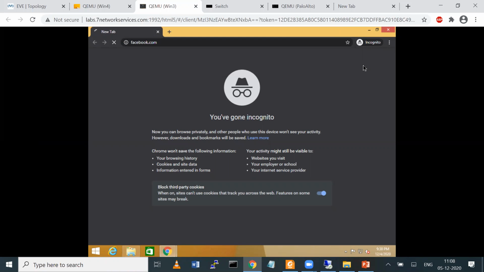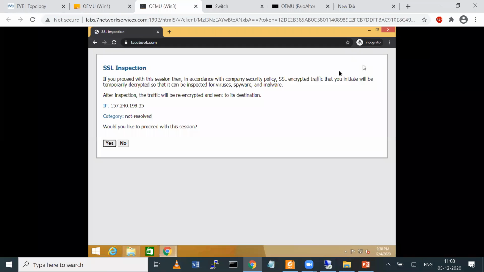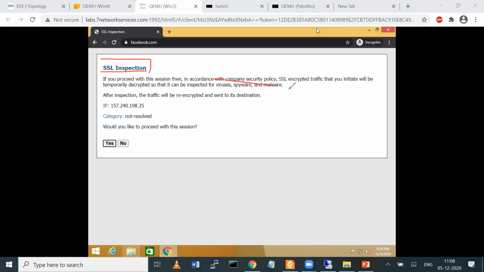अब देखो मैंने वहां से रिस्पॉन्स पेज सेट किया, तो अब यहाँ पे आपको मैसेज भी दे रहा है: SSL inspection is going on. If you proceed this in accordance with the company policy, SSL encrypted traffic will be temporarily decrypted. कह रहा है आपका जो encrypted traffic है उसको decrypt किया जाएगा, yes proceed करना है। तो अभी मैंने response page set नहीं किया था, इसलिए मैसेज नहीं आ रहा था। Now ये एक prompt भी देगा machines पे।